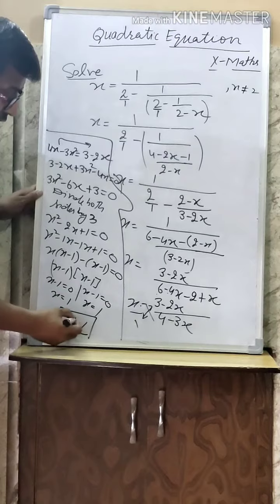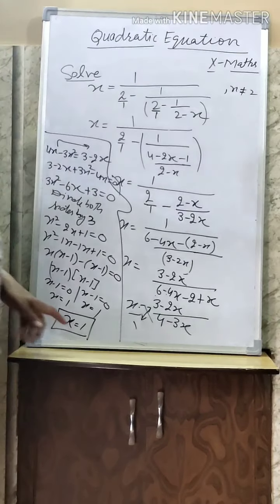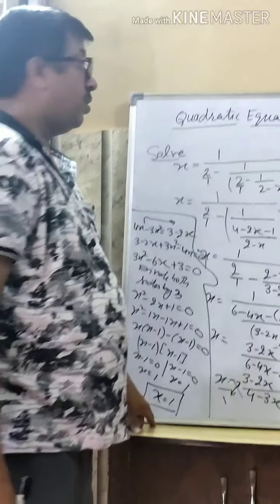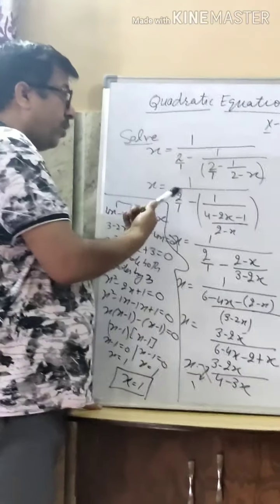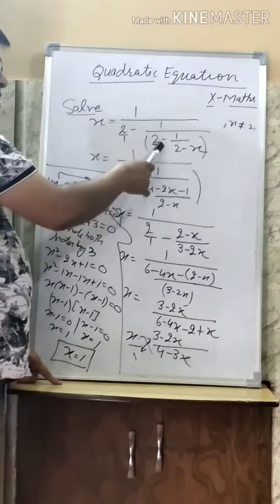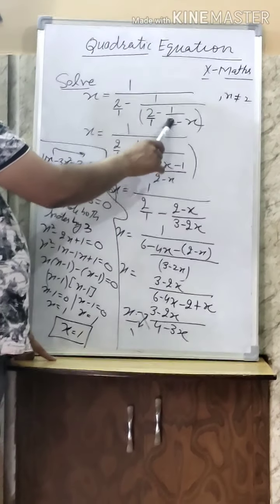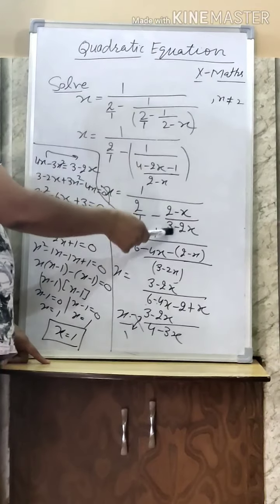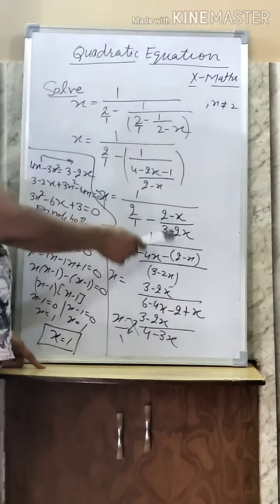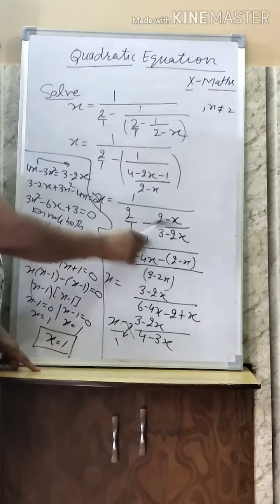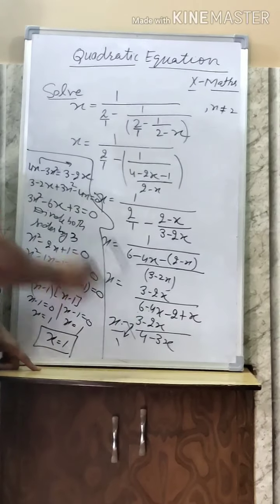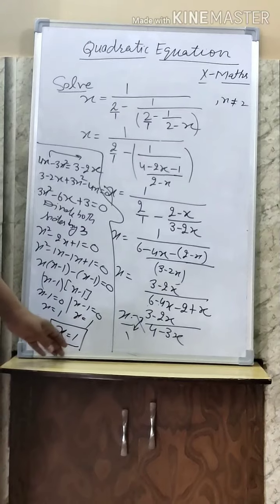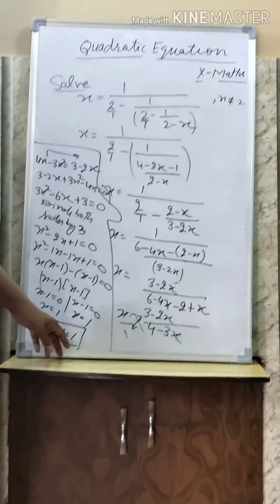So you see, here the answer is x is equal to 1. Understand? So I think it is very simple. What have I done here? I am taking only LCM. If a fraction is there, first take the LCM of this bracket, then the reciprocal of this, then again a fraction, take the LCM, and then the reciprocal of this. After this, cross multiply and you will get the quadratic equation. Then here we got the answer. So I am very much happy.